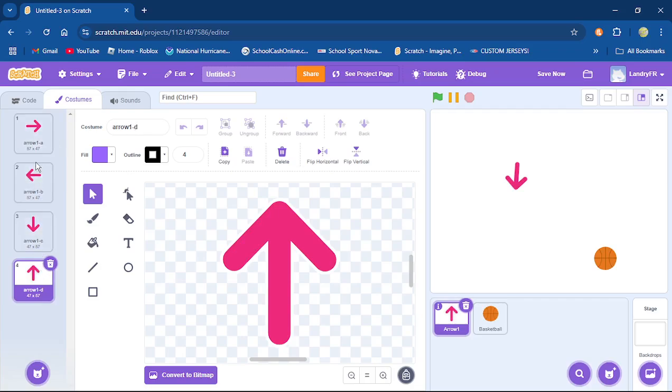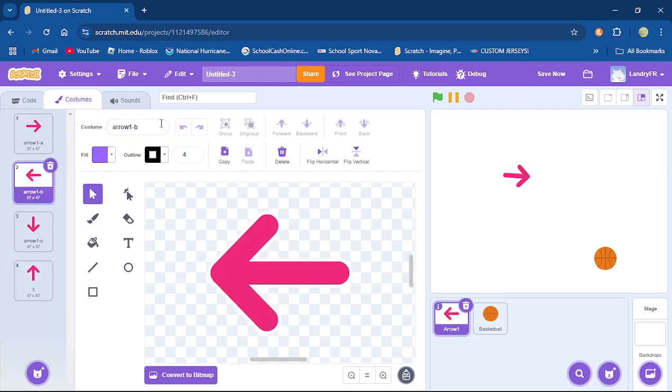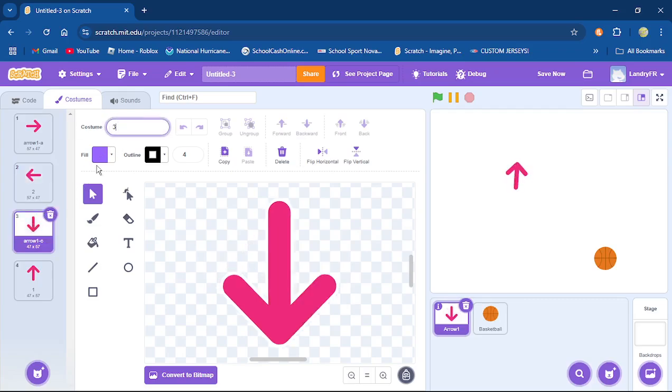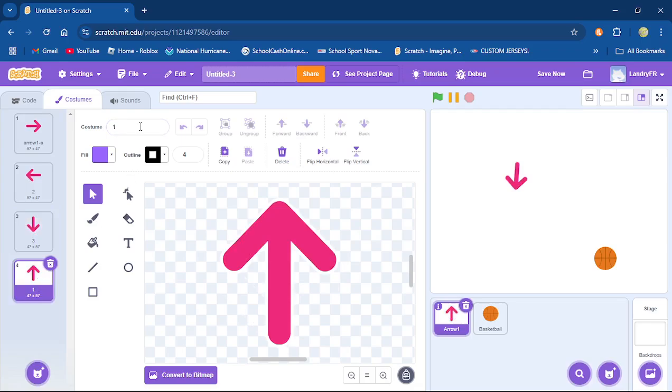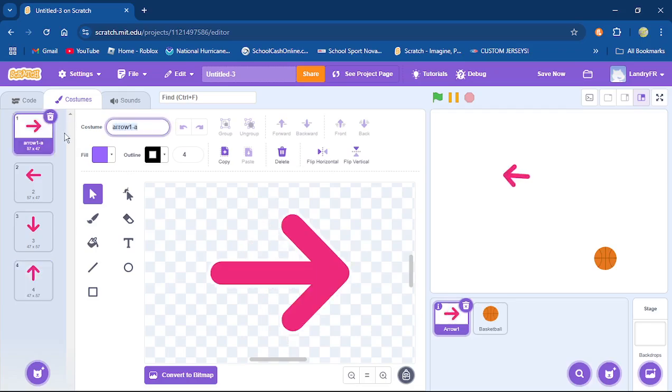It's that simple. Okay. So normally when I do costumes, and if I was going to use this arrow, I'm going to automatically just change it to 1, 2, 3, and 4. It's just because that's the way I do things, and I do this to all my graphics. You might think, well, man, that sounds kind of complicated. What happens if you have this for all your graphics? Is the game going to know what graphic you're talking about?